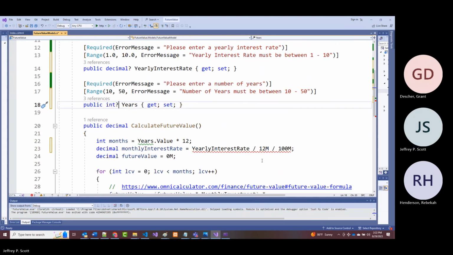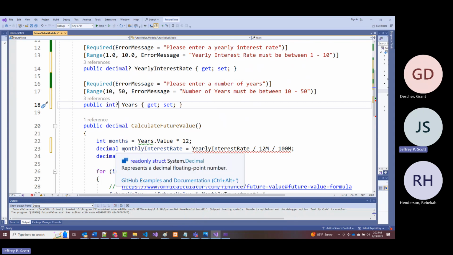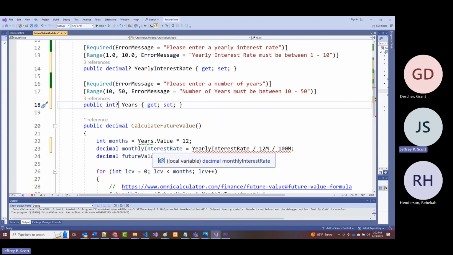Okay. All right. It's getting there. So in our calculate future value, int months equals years dot value times 12, decimal monthly interest rate equals,